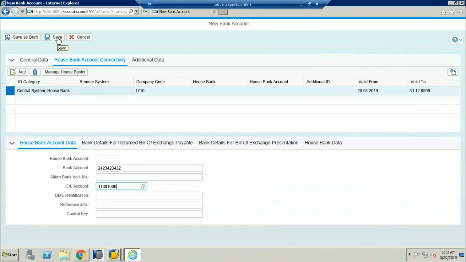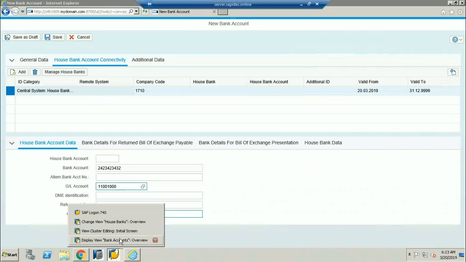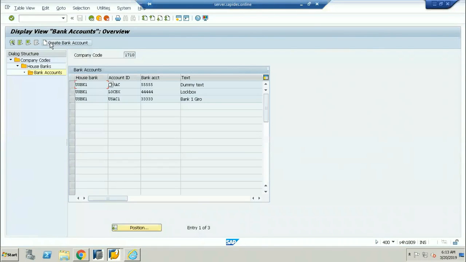So now what SAP is giving, instead of going directly to the Fiori and logging into the Fiori, I am going to be giving a direct icon here. If you click on this icon, directly it will get connected back into the Fiori, and whatever bank account ID you want to create, you can create over there, and you can come back to your normal SAP GUI screen. But not in SAP S/4HANA 1709.